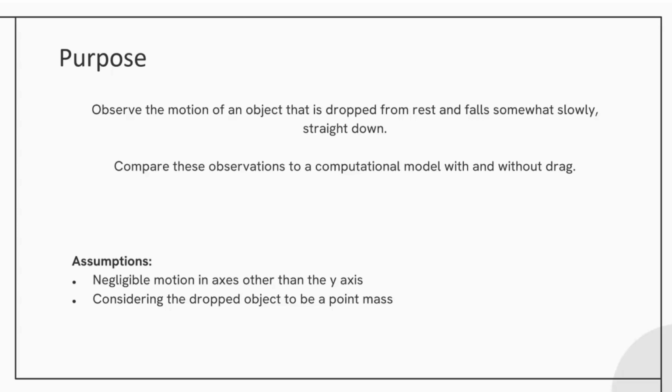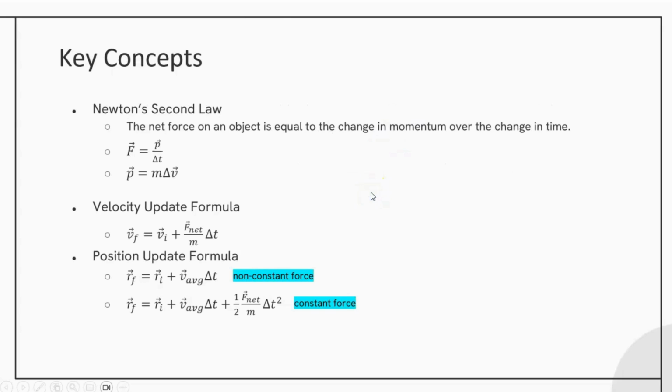Then I'm going to compare these observations to a computational model that has and then also doesn't include drag. The assumptions that we're making are that there's going to be negligible motion in axes other than the y-axis, because we're going to be dropping it down, so that's the y-axis, and considering that the dropped object is a point mass. And some key concepts that we want to include are Newton's second law, which is the net force